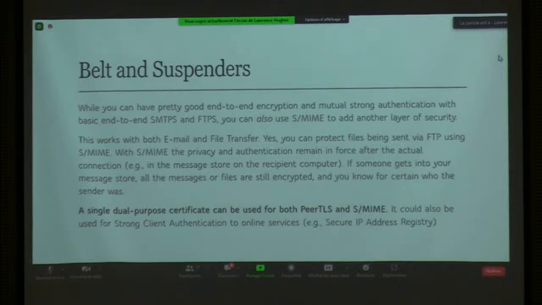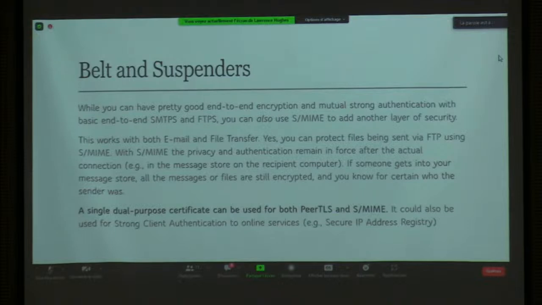This would work with both email and file transfer. And yes, you can protect files being sent over FTP using S/MIME. I've done it. With S/MIME, the privacy and authentication remain in force after the actual connection, so in the message store on the recipient computer. If someone gets into your message store, all the messages are still encrypted, and you know for certain who the